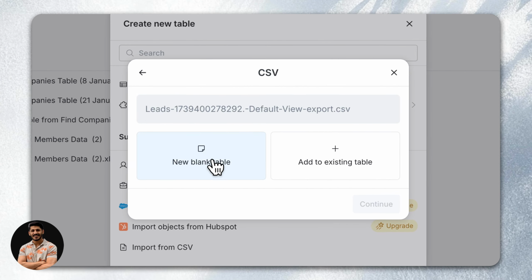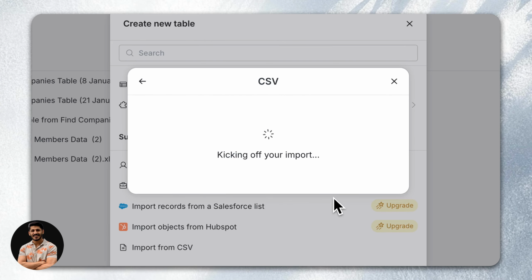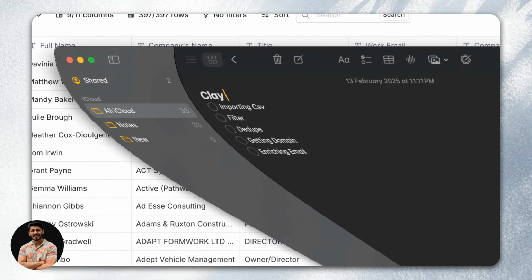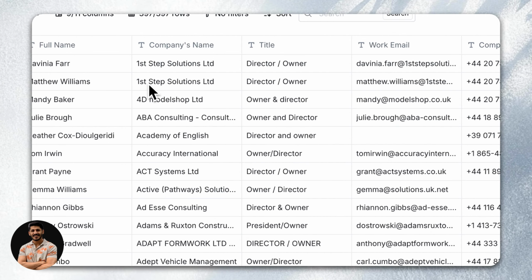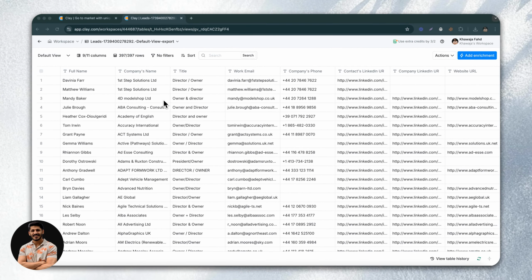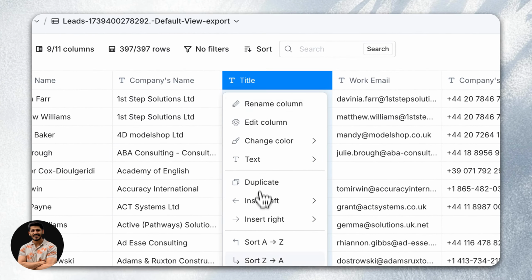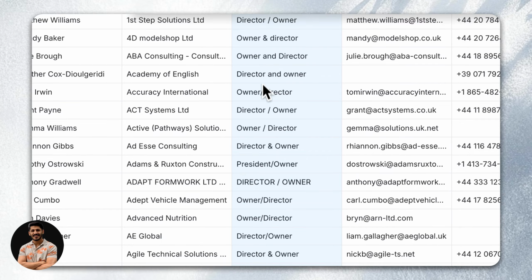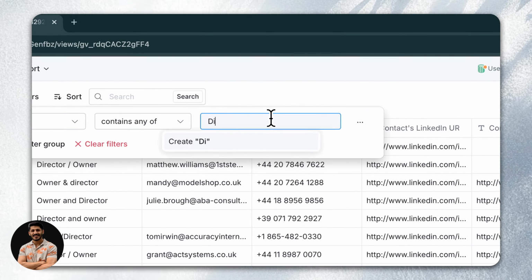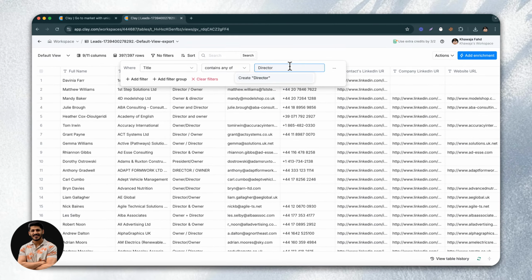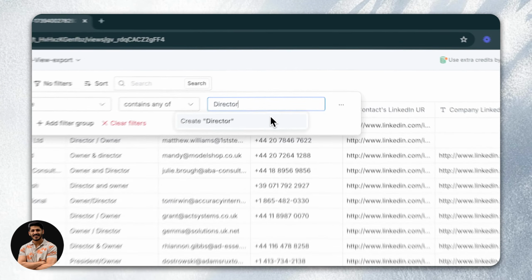Continue, new blank table. So here we are. We have already done the first thing. Now we'll go with the filter. For example, if our clients only want to target director or owner from the database they provided, we can always use a filter. Here we have filter on this column title. Contains any of, we'll use the keyword we want. In our case, I'm using director,